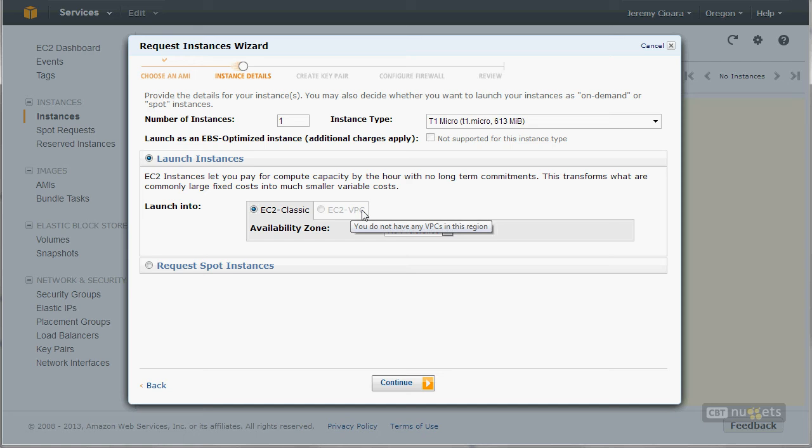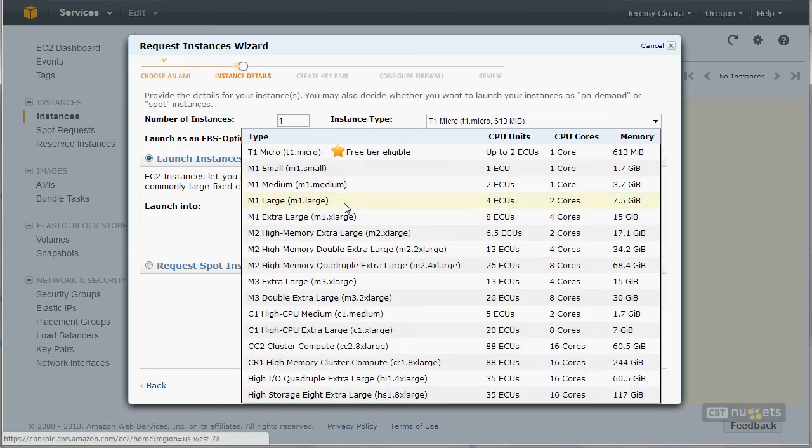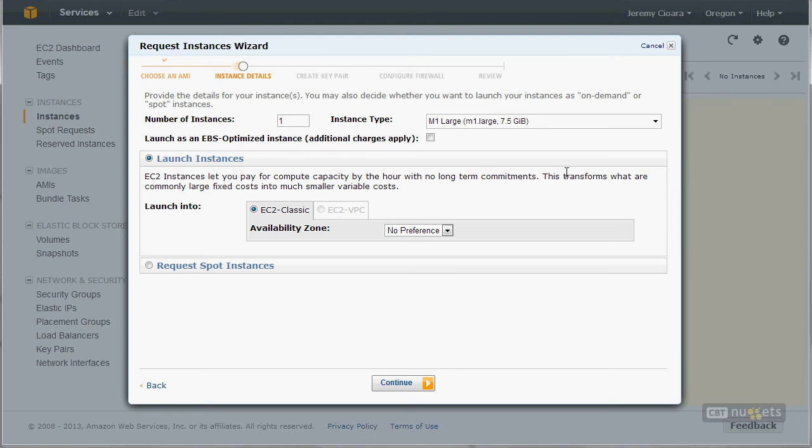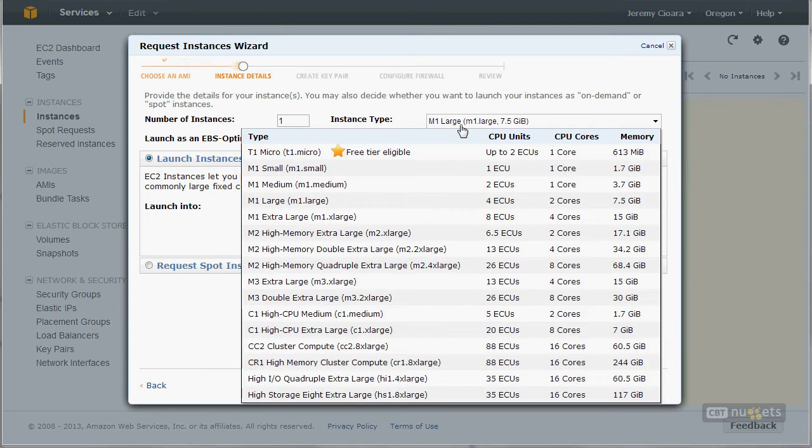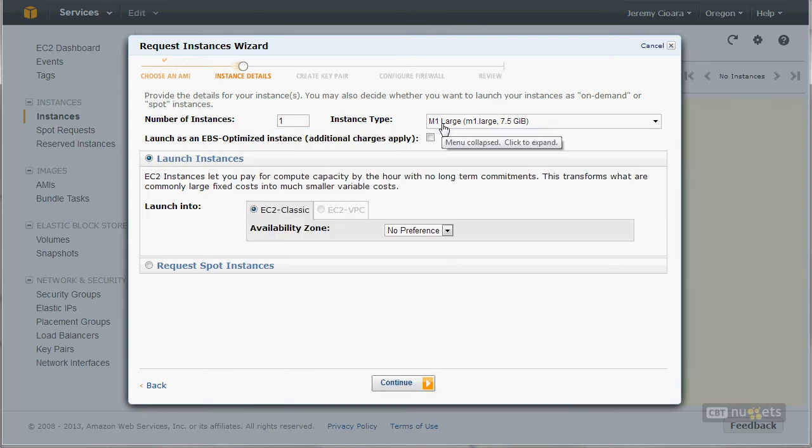Now, notice over here we have EC2 VPC. Now, hang on. Let me change my instance type, because Windows Server 2012, I don't know how well it's going to do on a micro instance, so we'll throw at least a little larger instance at this. The VPC is a virtual private cloud. It gives you more control over the networking. Eventually, maybe even by the time you've heard this, EC2 Classic will likely be gone and replaced by EC2 VPC,